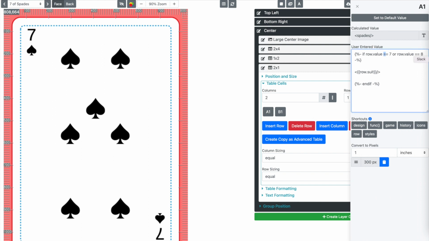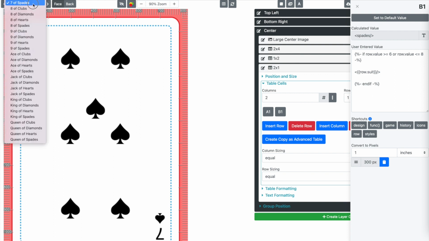So now we need to go in and change our values again. So this one is, if this is greater than or equal to a 6, we're going to show it. And if it is less than or equal to 8, we will show it. So we've got that one in place. And then over here, we want this one actually to be the same thing. So I should go back here and just copy this out of here and paste it into this one. And so now they're there. So if I switch this to an 8,